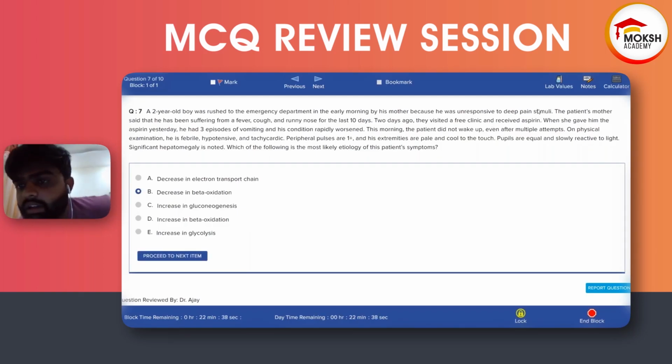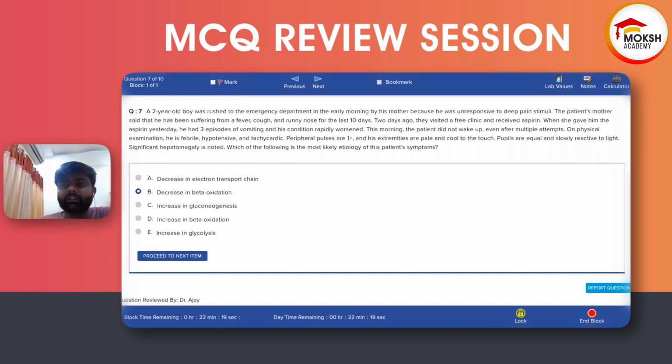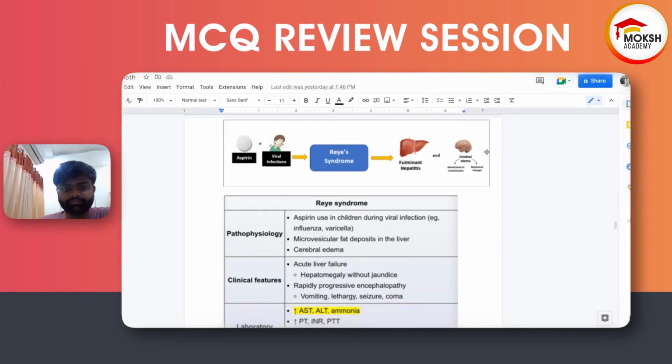That is a young child that received aspirin, and that causes them to have hepatic failure or hepatomegaly due to decrease in beta oxidation. So let's go through this explanation. Whenever a patient has a viral infection and the child receives aspirin, there is an increased risk of having Reye syndrome, which classically presents as fulminant hepatitis or rapidly progressive hepatitis, or the patient can have